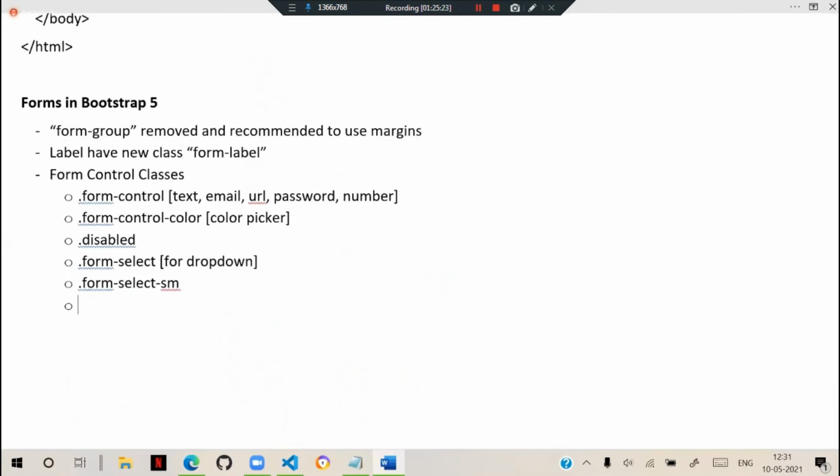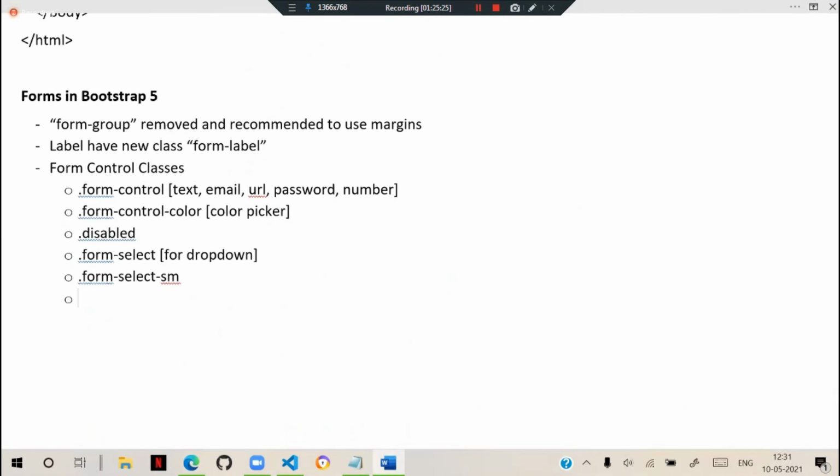And for checkboxes and radio buttons, when you are using them, you have classes like form-check-input, and you have form-check-label. That is the label for checkboxes. And very recently, a pseudo class is defined for that.